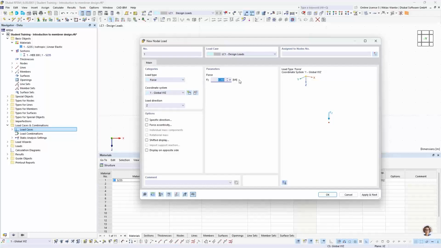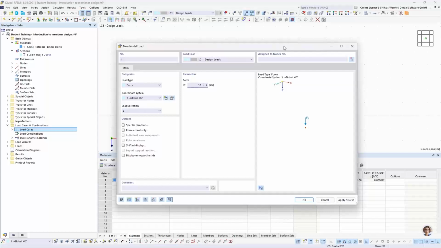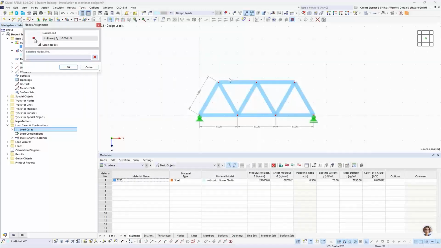And the value for our nodal loads are 10 kilonewton. And at the top right part of this dialog box, we can assign this load to one or also to multiple nodes. So we can select the first two nodes, the left one and the middle one of the upper chord,